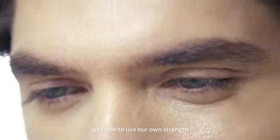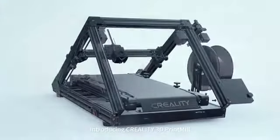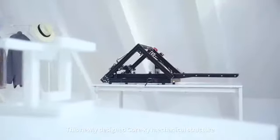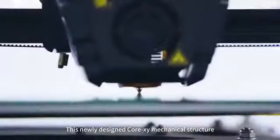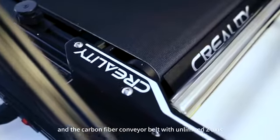Because of our love of 3D printing, we hope to use our own strength to help users of various groups create an unprecedented and more advanced product. Introducing Creality3D. This newly designed Core XY mechanical structure, combined with the 45-degree tilted print nozzle and the carbon fiber conveyor belt